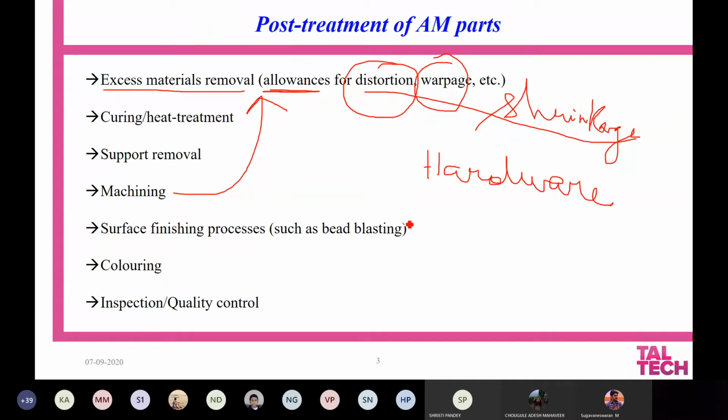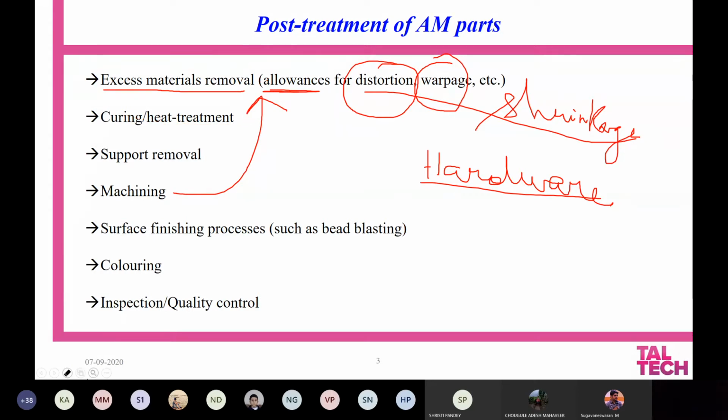and these elements are dependent on the capability of the hardware component or the capability of the process which you are using. For example, if you want to have some fixtures in your material and you have to give some allowance for boring, or some allowance so that you can introduce screws in the material, you have to give some allowance there. So either depending upon the physical property of the material or the hardware capability of the process you use, you may need to remove excess material based upon the allowances given. So this is a very critical and very important step we have to take into account.